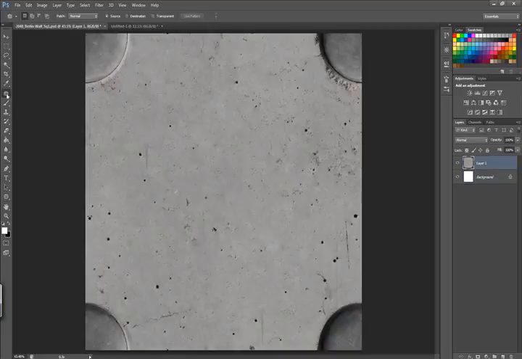Okay, so I just paused the video there and I did a little bit more work on the file, just so that it wasn't boring for you. I just kind of used the three main tools there. I'm going to finish off by using the spot healing tool, and I'm going to just get rid of a couple of these, like that. Get rid of that. I think that might be a little bit obvious. Get rid of that, and